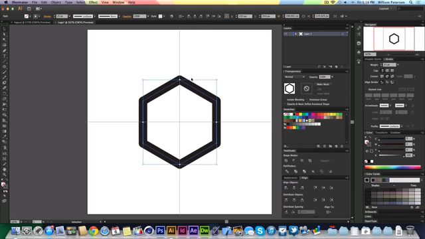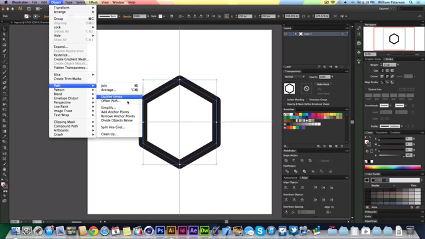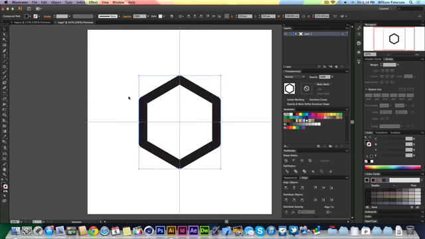The easier way, actually, is just to go to Object, Path, and then Outline Stroke. It'll basically expand the stroke for you and make it into just one shape. So now you've got multiple paths connecting it. Then I'm just going to press T, and then click in the center somewhere,